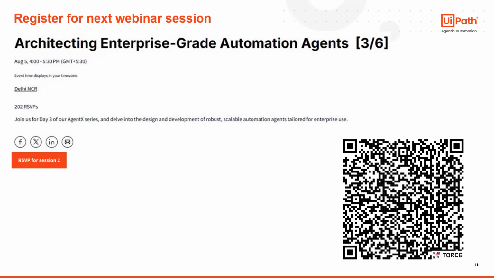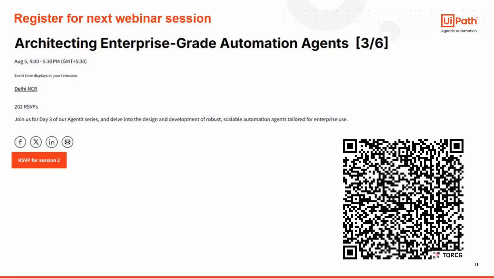We have this in the next session, where we will be building an enterprise-grade solution, where we will talk more about the context memory, escalations, and using best practices. We will go through the prompt as well, and then we'll cover short term and long term memory as well, and security and guardrails. So we'll cover everything in the next session, in a hands-on session, where we'll walk you through it. It will be more focused on the demo side.